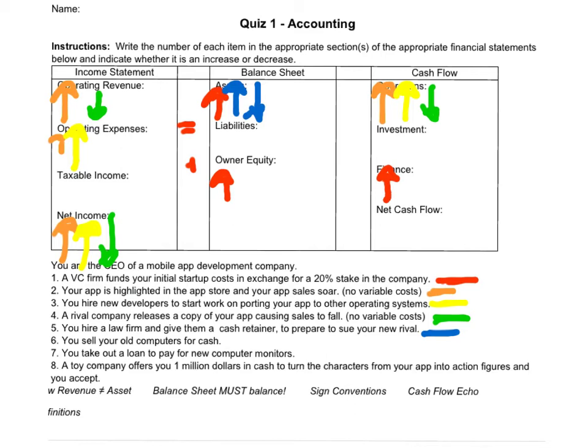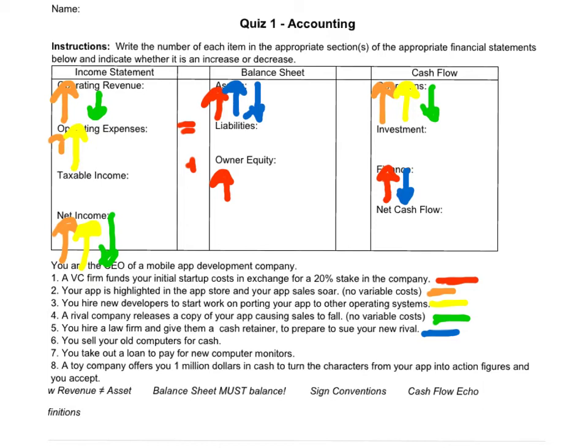Now, this is kind of tricky because what you're actually doing is lending that other firm some money. And so what's going on here is you have a decrease in cash from finance. But this is tricky enough that you can probably get away with marking it as a decrease in cash from investments, probably too. But the really correct answer is finance, but I'm guessing that investments is probably going to be okay with Grant and Adam.